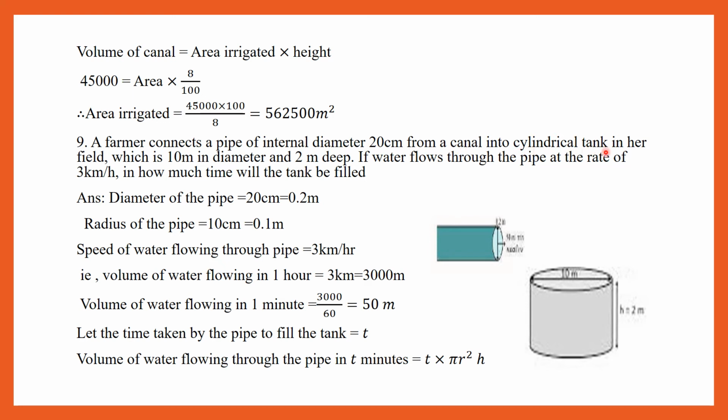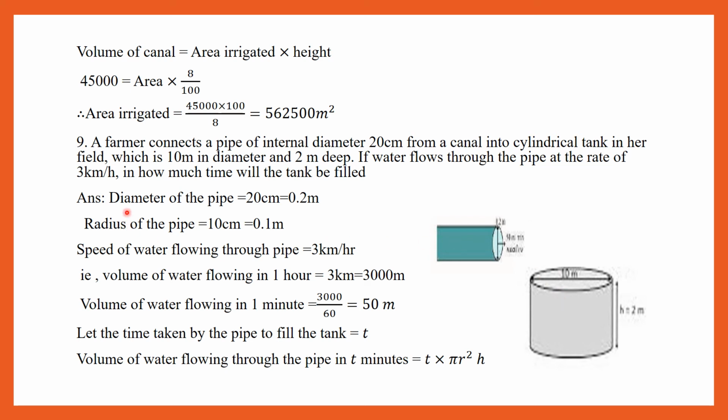In question number 9, a farmer connects a pipe of internal diameter 20 centimeter from a canal into a cylindrical tank in her field, which is 10 meter in diameter and 2 meter deep. If water flows through the pipe at the rate of 3 km per hour, in how much time will the tank be filled? Here, the smaller pipe, which is of internal diameter 20 centimeter, is connected to another cylindrical tank,